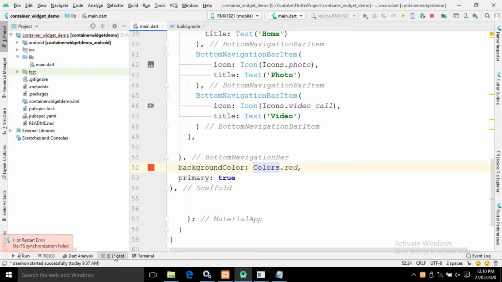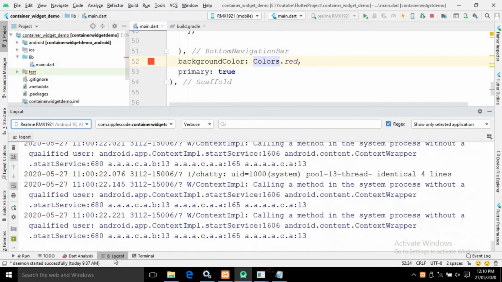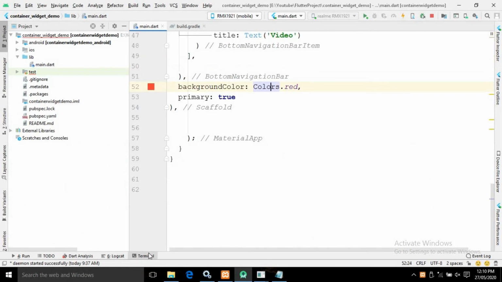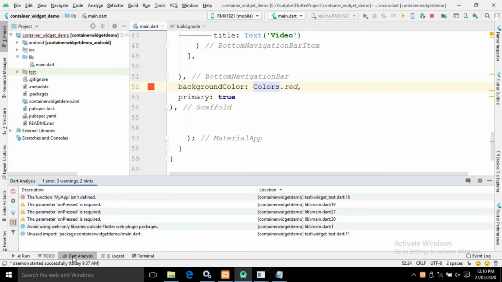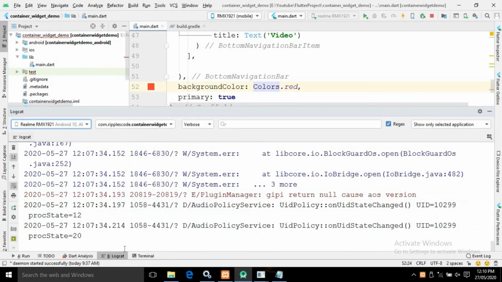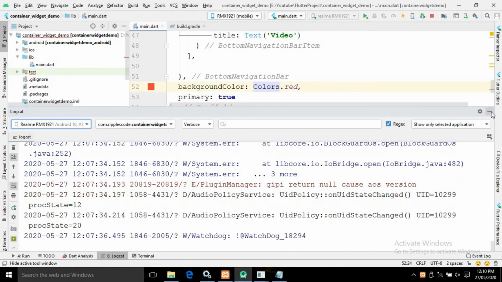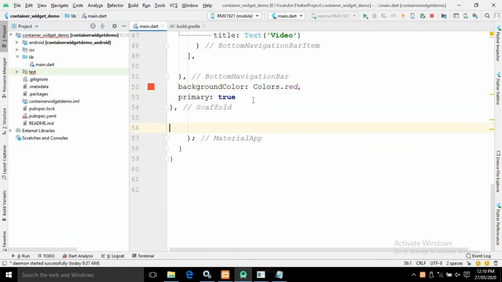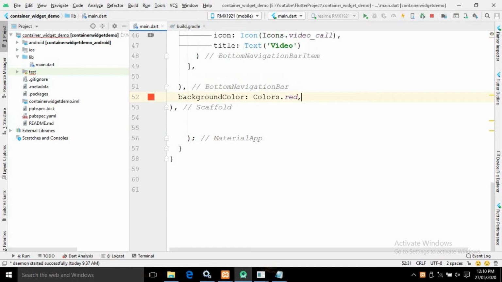I have made some mistake here. Let me remove this manually and save this. Synchronization failed.